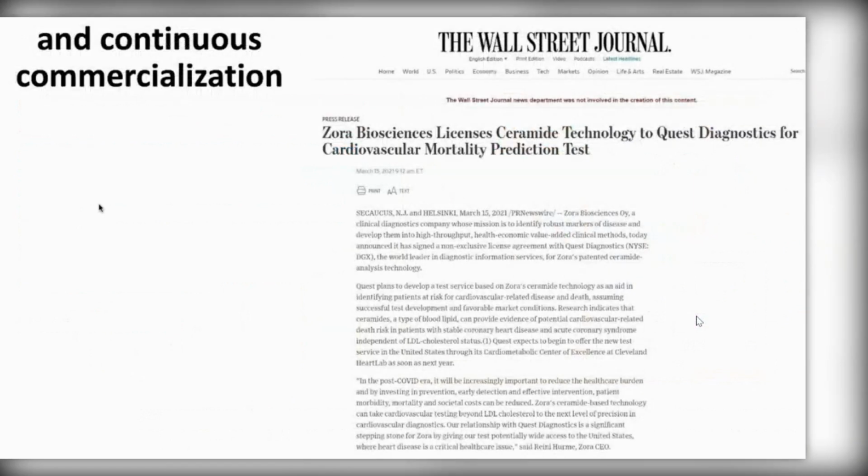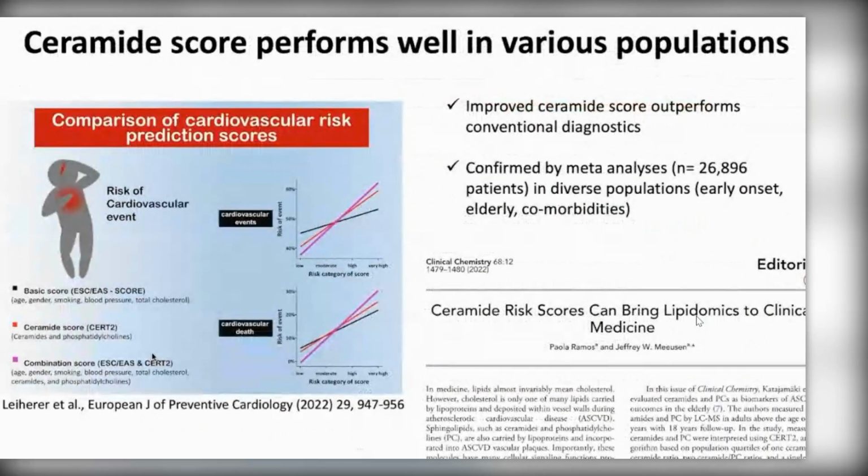And then this test was also commercialized. Quest Diagnostics licensed it in 2021. So now in the US, 2 commercial labs are offering this test, and also in Finland, multiple clinical labs are offering this test. And of course, worldwide, in various research labs, lipidomics researchers are studying ceramides in various disease cohorts. By now, there's indeed mounting evidence that the ceramide score performs well in various populations, as it's shown here